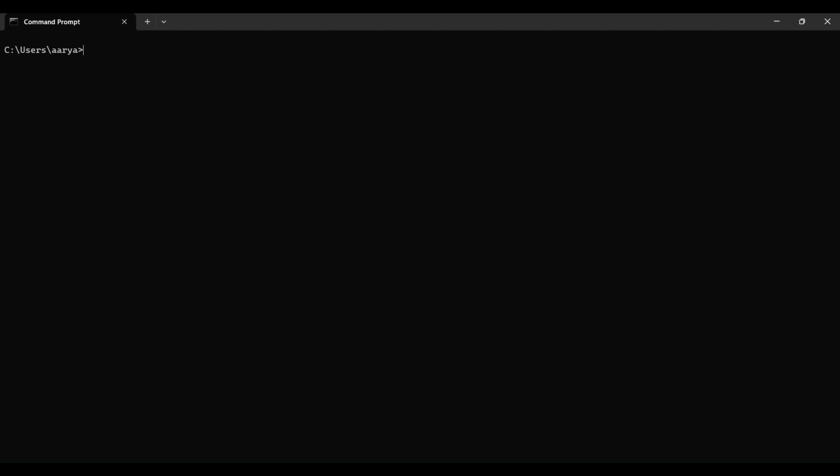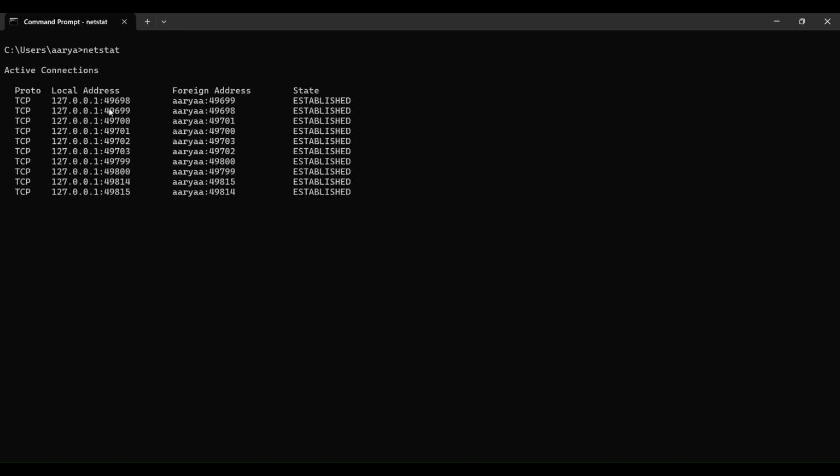Now the fourth command is netstat. Here the netstat displays the active TCP or UDP connections, ports on which the computer is listening, Ethernet statistics or routing